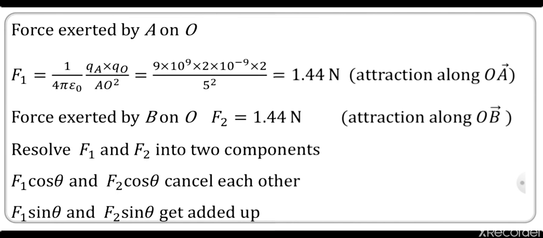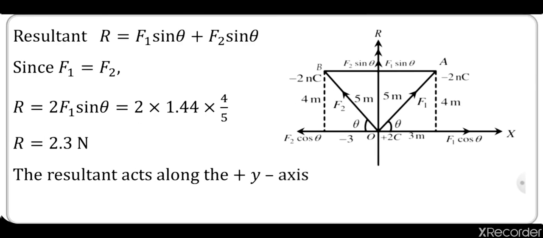And the distance between them is 5 meter. Observe in the picture how the 5 comes there. By using the Pythagoras theorem in any one of the triangles, you can take the triangle here, the AO, and along the x-axis here towards the F1 cos theta, there 3 square and 4 square. So that gives 5 square, that is 25. It's nothing but 5 meter. By using the Pythagoras theorem we can find out it is 5 meter.